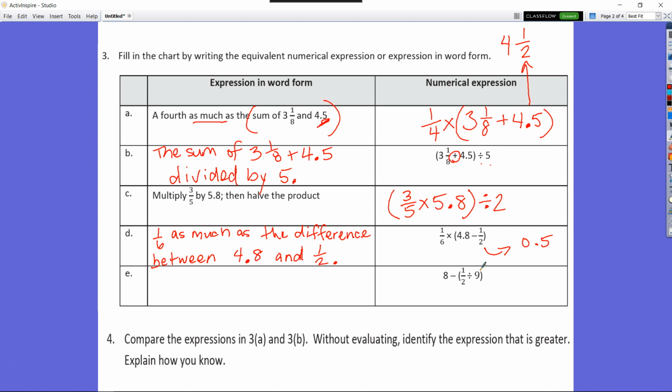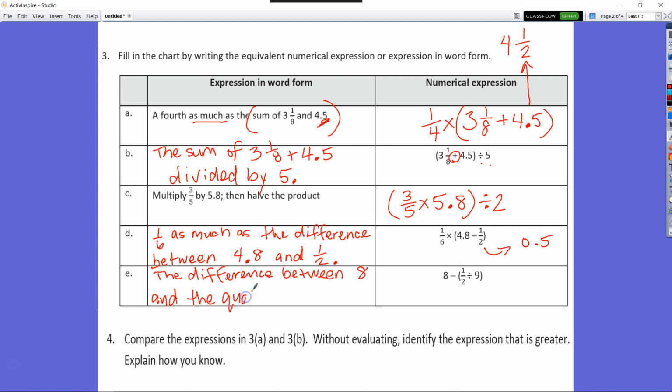So it would be the difference between, because we're doing subtraction. So let's write that in first. And the difference between what? So it's 8 and, so now 8 and what? So 8 and, this is the answer between this division problem. So we're going to put 8 and